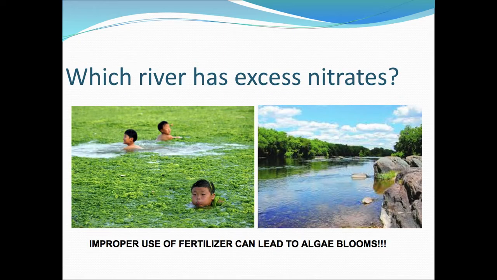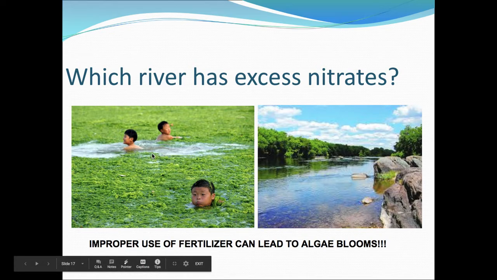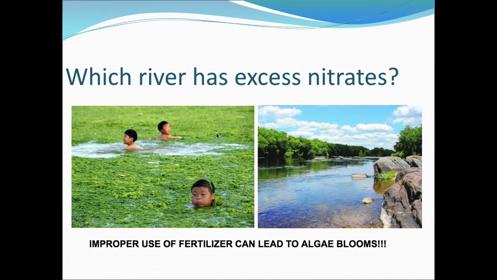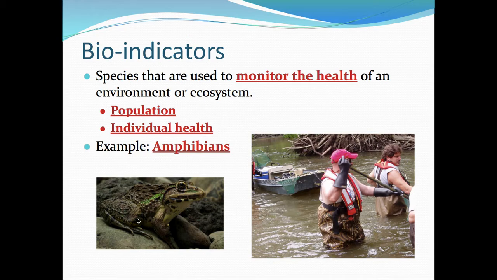All right? So which river has excess nitrates? Obviously, it's going to be the one over here on the left, where you have these kids swimming. All right, you have all this stuff growing on the surface. All right, anything below is going to have a hard time surviving. And our last